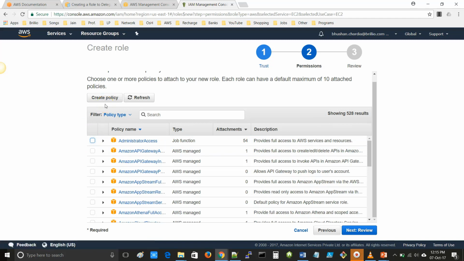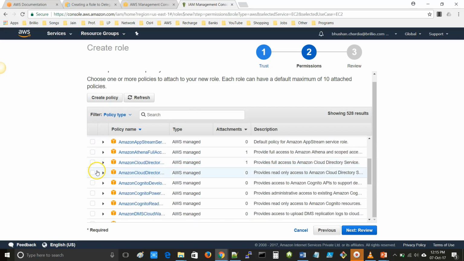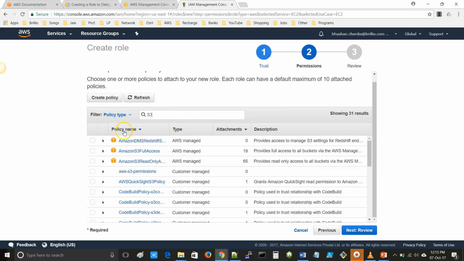Whatever action and permission is mentioned in that policy, the AWS service EC2 will assume that role and will call that service on your behalf. So I am selecting right now Amazon S3 read-only access. Now Amazon EC2 will assume this policy. Click on Next, Review.